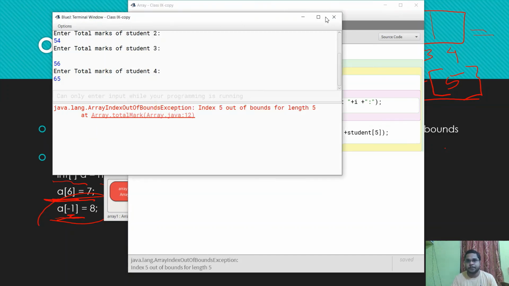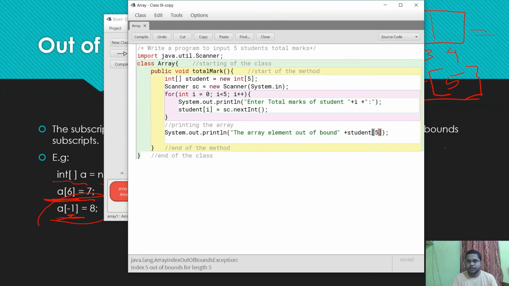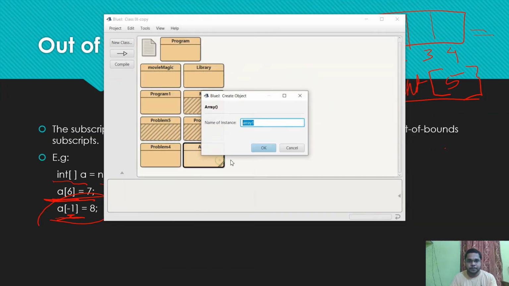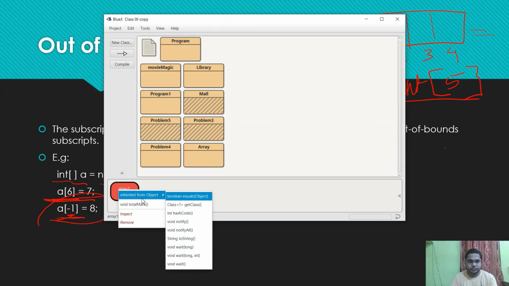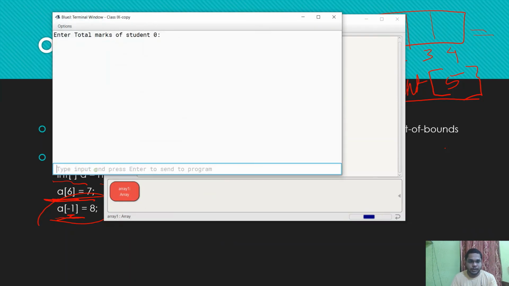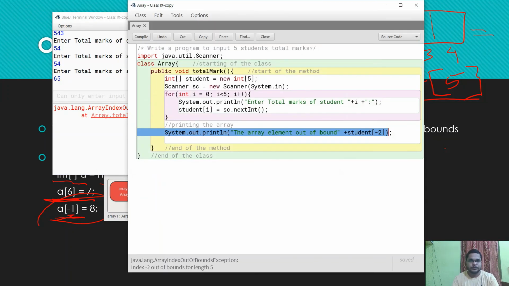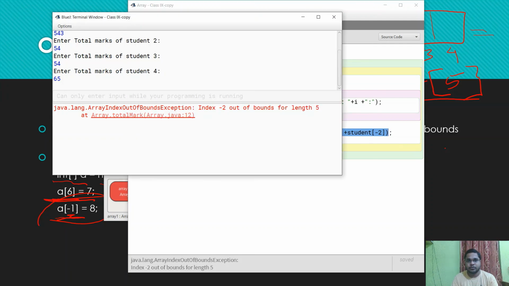Similarly, if I take here a of minus 1 or minus 2, that is also out of bound. Let's take some values. See, the same error is thrown again, the index out of bound.